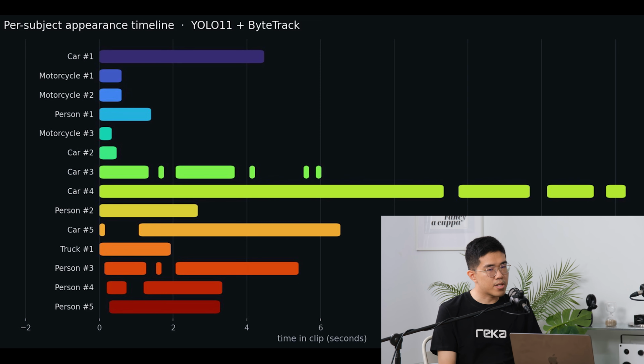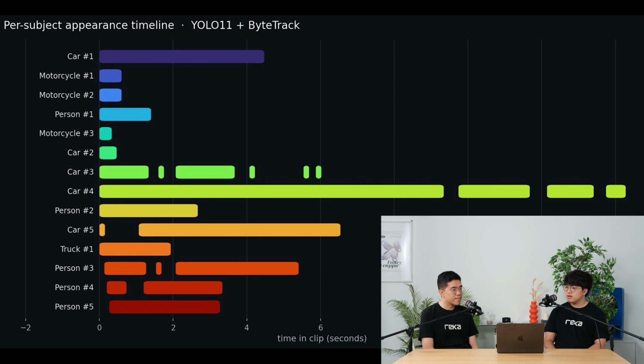Wait, but a single photo can't tell you what happened. How does the model learn when the bikes actually overtake each other and when they crash, for example? Oh, sure. So one frame tells you what is visible, but only a sequence can tell you what is happening. So we try to make the model reason across the time, such as we can find a long activity over hours of footage. So then when the answer happened between two timestamps, and we turn a video into a raw timeline of every subject.